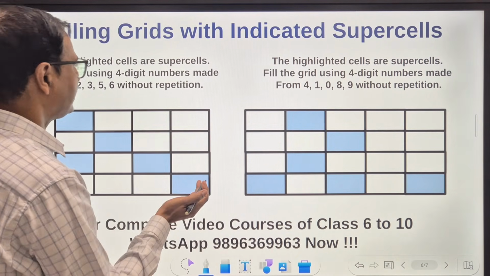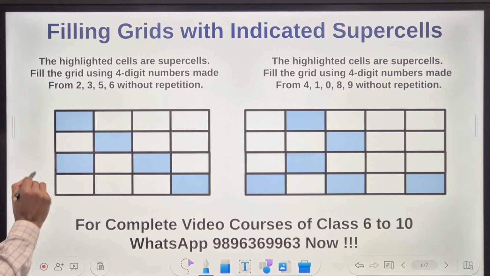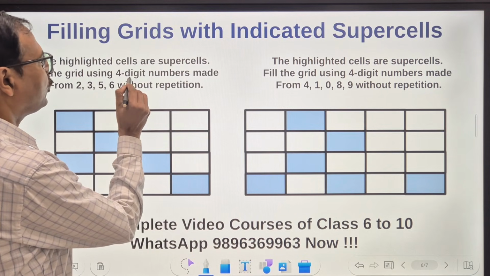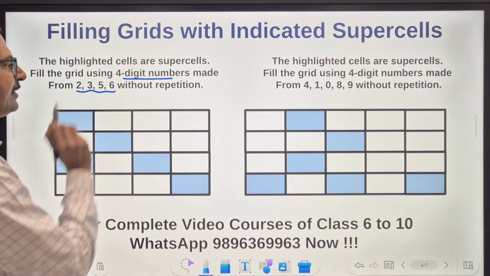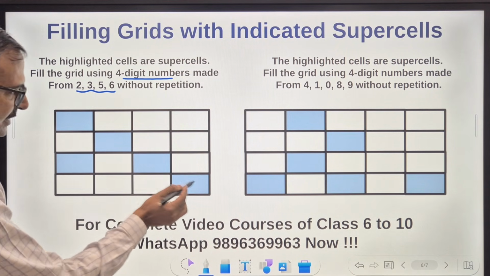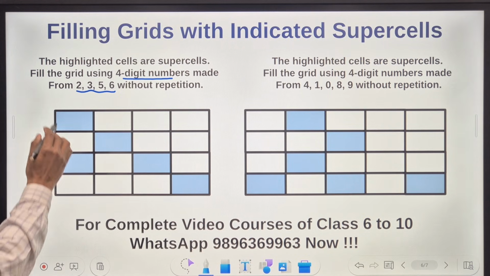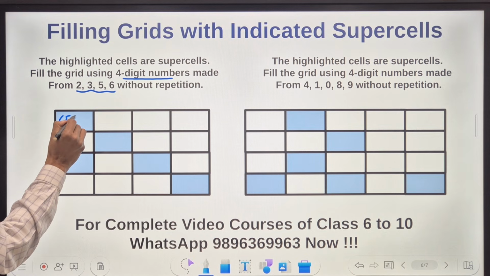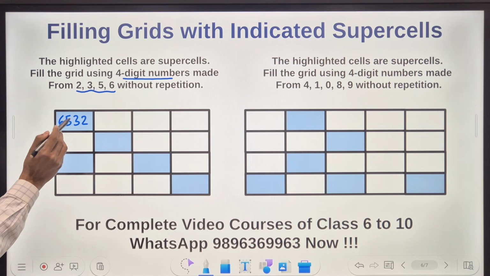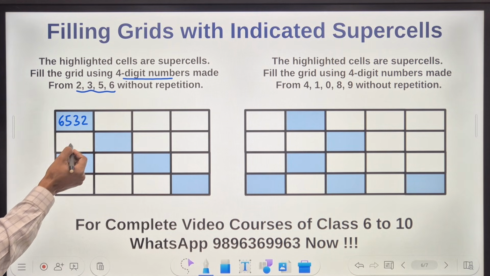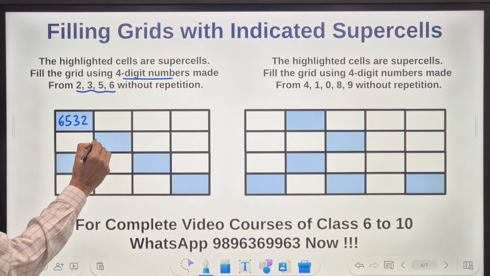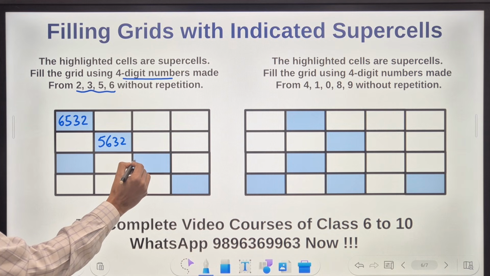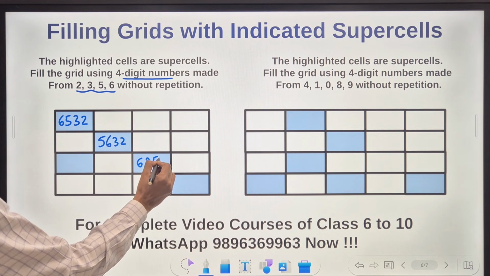Now if you see this question, here we have taken 4 rows and 4 columns, that is a 4 by 4 grid, and we want to fill it with 4-digit numbers using 2, 3, 5, 6. The highlighted ones are to be the supercells. So I am filling these with some of the numbers. Like if I write 6532 here, see I am writing a big number because I want this to be bigger than the neighbors. So I will write maybe 5632 here, and then this one again beginning with 6, 6253 here,